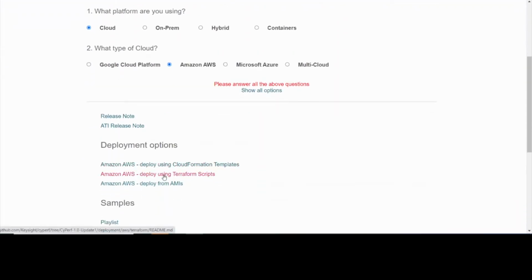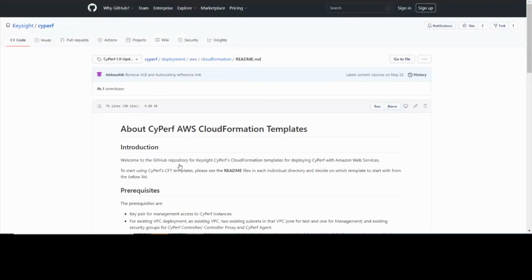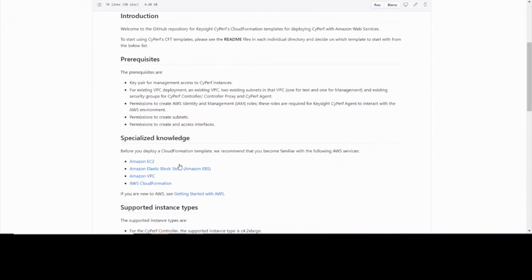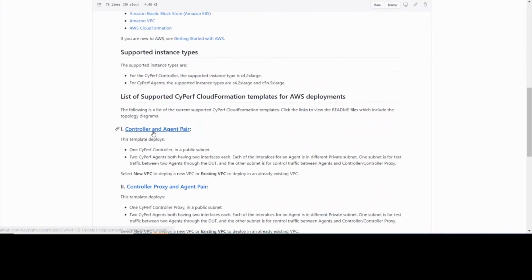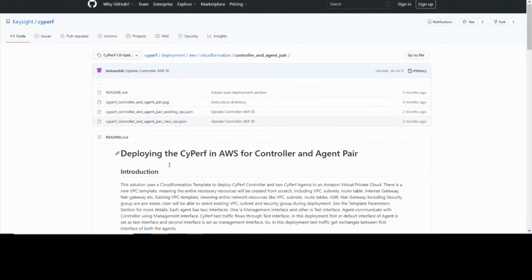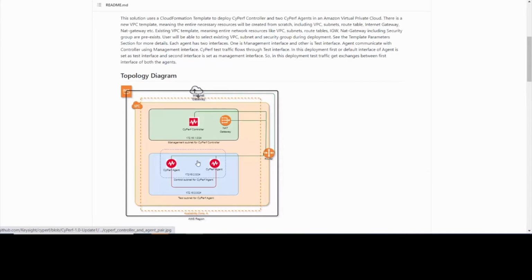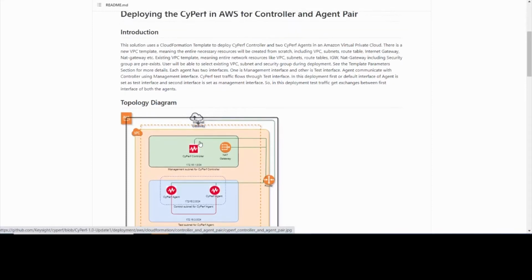I will do the complete deployment using the templates and scripts provided to me. So I'll use the CloudFormation template because I'm just measuring cloud performance in AWS, and CloudFormation templates are the fastest way to do it. So this takes me to a GitHub link, and you can see there I am choosing this controller and agent pair deployment. And you can see this is the topology. I have a controller and two CyPerf agents that will be installed in two different cloud instances, which we'll use